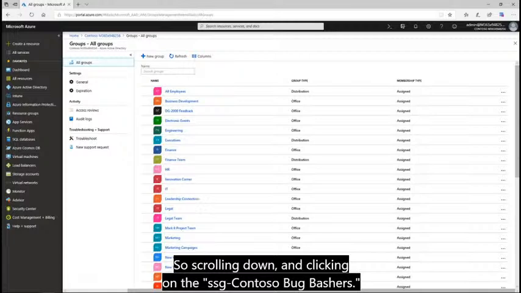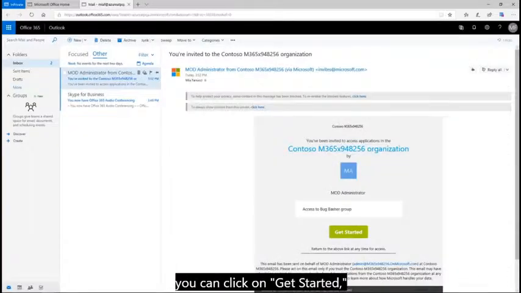So here you would be able to see that there was an email from Contoso specifically. So as soon as the partner user accepts the invitation to join Contoso's directory, they are added to the Bug Basher security group, and then they have access to the same apps and resources that other Contoso members of the group have access to. So in this case, they are able to access browser stack SaaS application and collaborate on their testing. So clicking on this email, we can click on Get Started